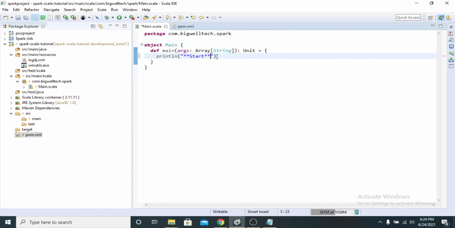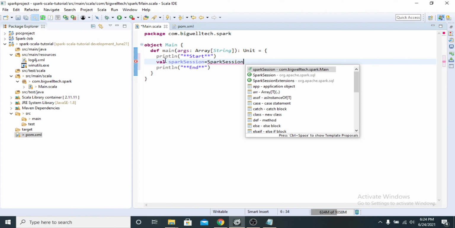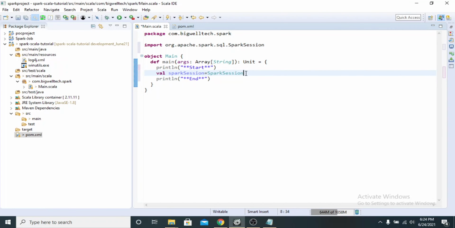Now you can write here a start message, and a second message. And we need a SparkSession. With Control space, use the Spark SQL one, it's imported.